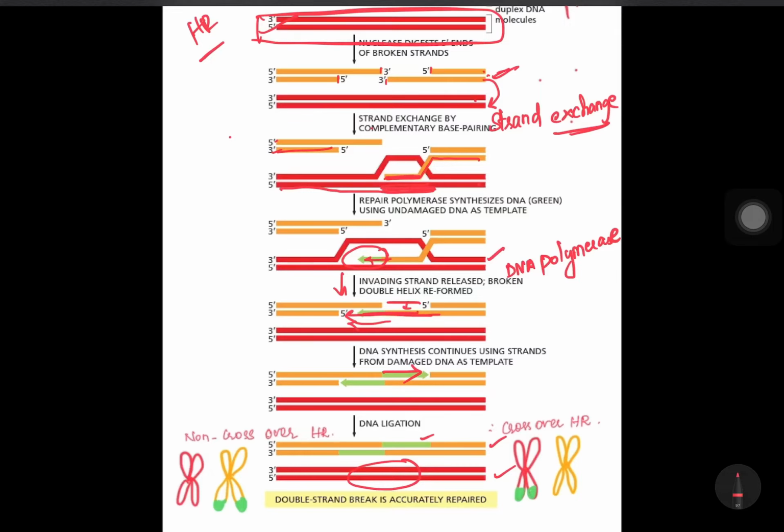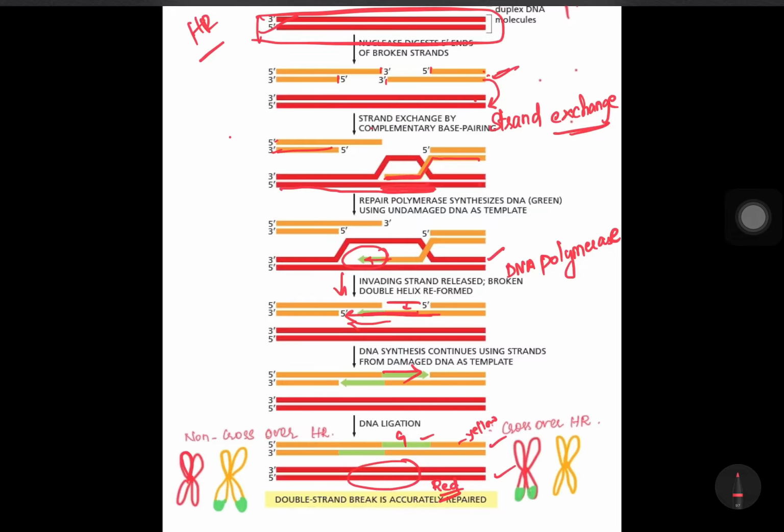So this is called homologous recombination, but it itself has two methods. One is called crossover homologous recombination and the other is non-crossover homologous recombination. So what is crossover and what is non-crossover? Here you can see three different colors. Based on color, it will be easy to understand. First it is red, we will consider this yellow, and here it is green.